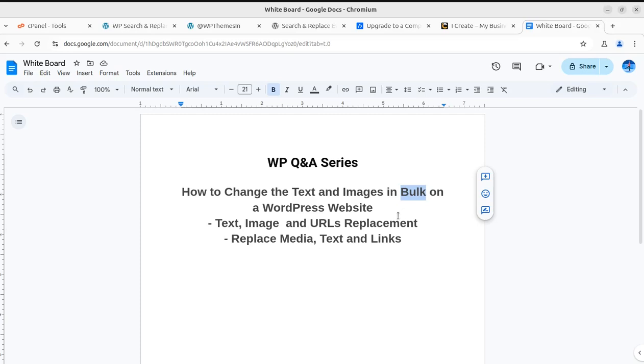So how you can edit the particular text in bulk, and even how you can change the images, like one image or multiple images being used on the website, and how you can replace an image by another image, and how you can replace the links and URLs even. In certain cases we may have a requirement to change multiple links at a time on a WordPress website. So how can you do this? This is the main objective that I am going to cover in this video,